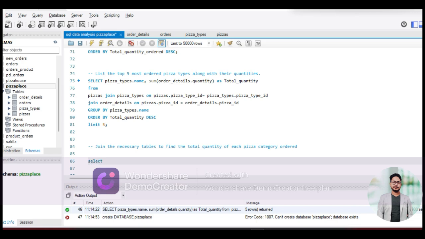So select pizza types dot category and sum of order details dot quantity, and give it an alias total quantity, and we will extract this information from